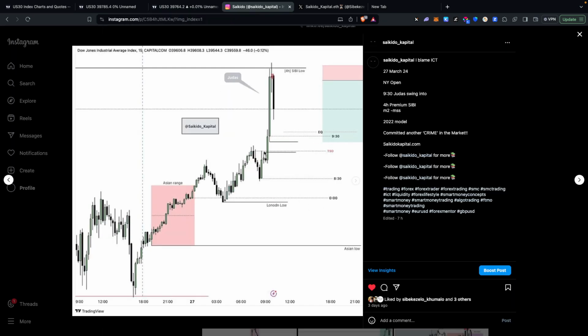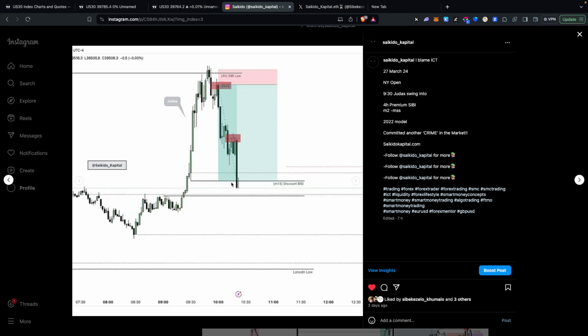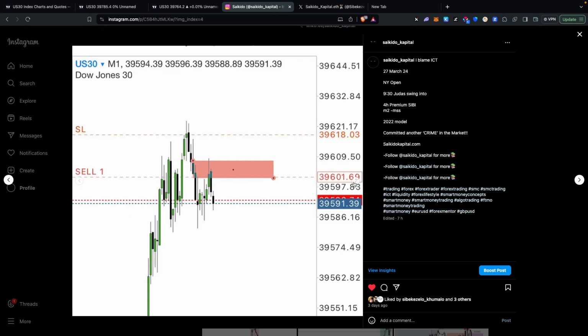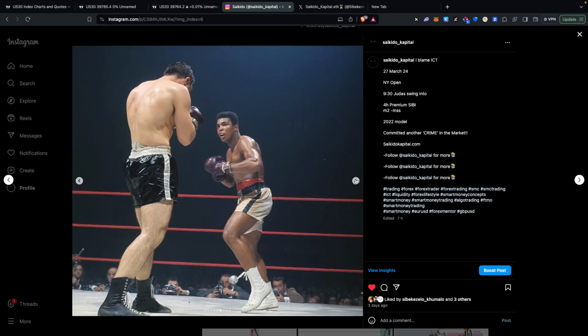This fair value gap, it's in line with the true session open. These fair value gaps are the ones that act like magnets. They are a good entry for buys. They're also good targets for take profits. So you can see that 2022 model, that's when I entered, then I was targeting the lows right there. You can see the execution. This is Dow Jones 1 minute 2022 model. And you can see I'm about to hit my take profit right there.